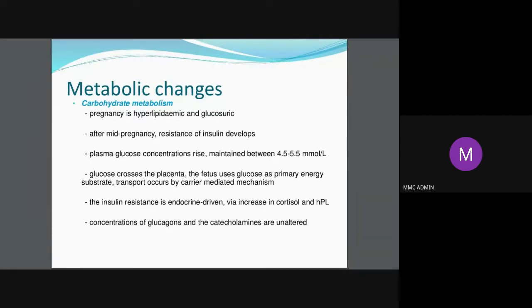See, a normal person will not go for hypoglycemia because there are so many compensatory mechanisms. I mean, a non-pregnant person. But a pregnant lady, if she is not eating frequently on time, can go for hypoglycemia called fasting hypoglycemia, because her glucose is being taken up. The baby is going to take all her glucose.